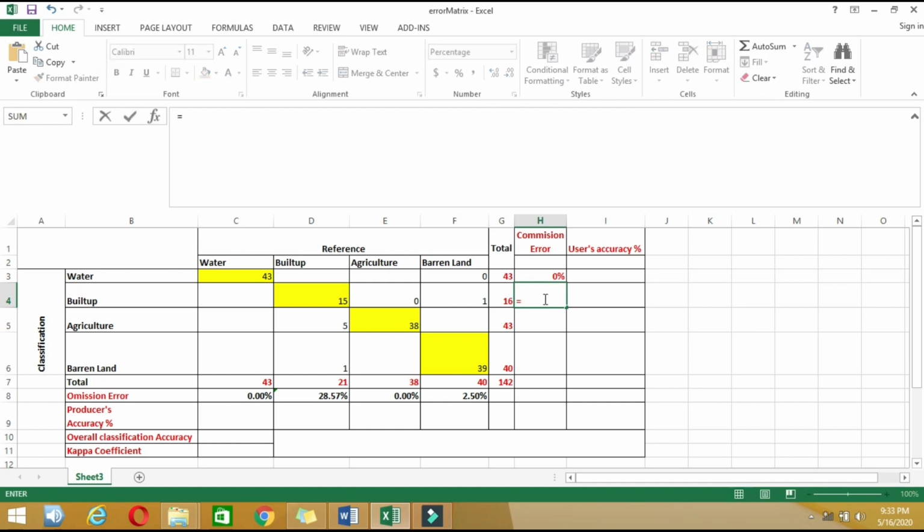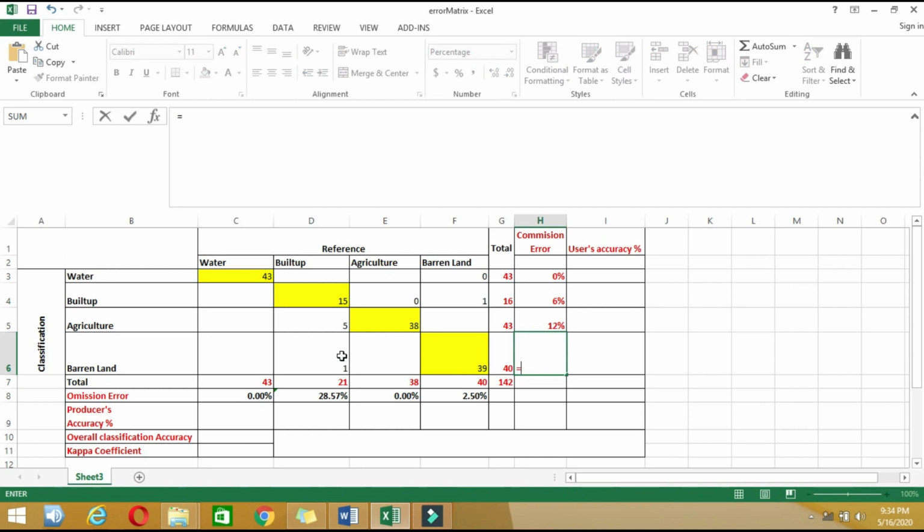Then now barren land, where we have one incorrectly classified divided by the total, which is 16, is a 6% error. Then in agriculture there are 5 which are incorrectly classified, divided by the total number of classified pixels, and it will be 12%.